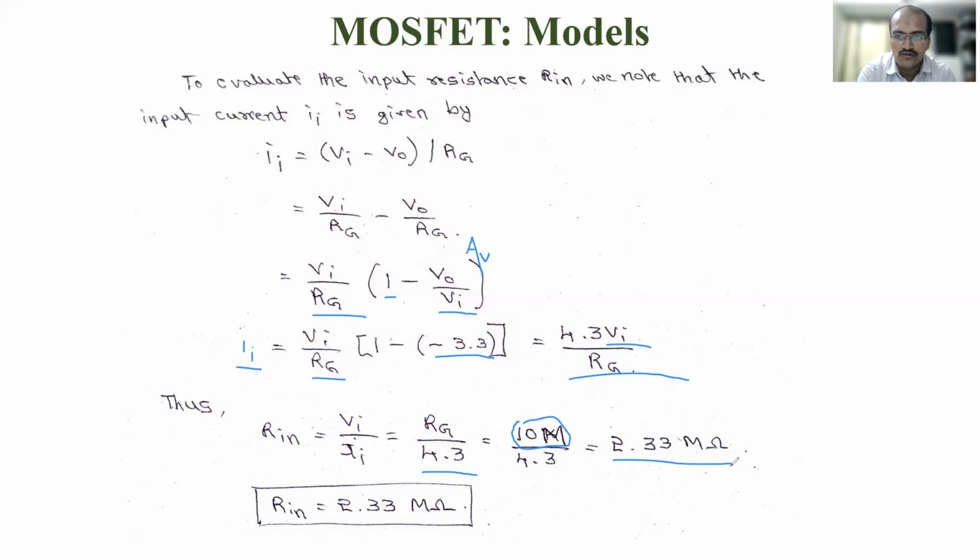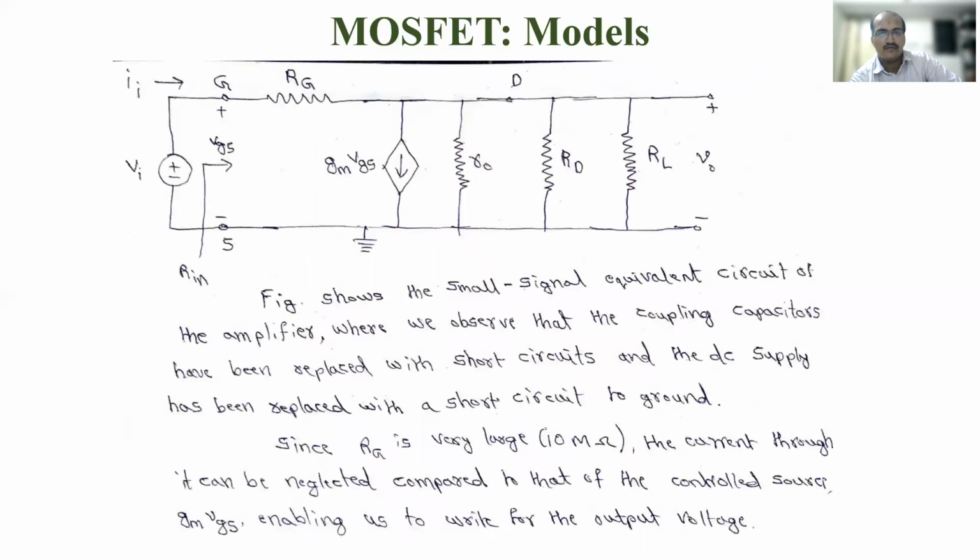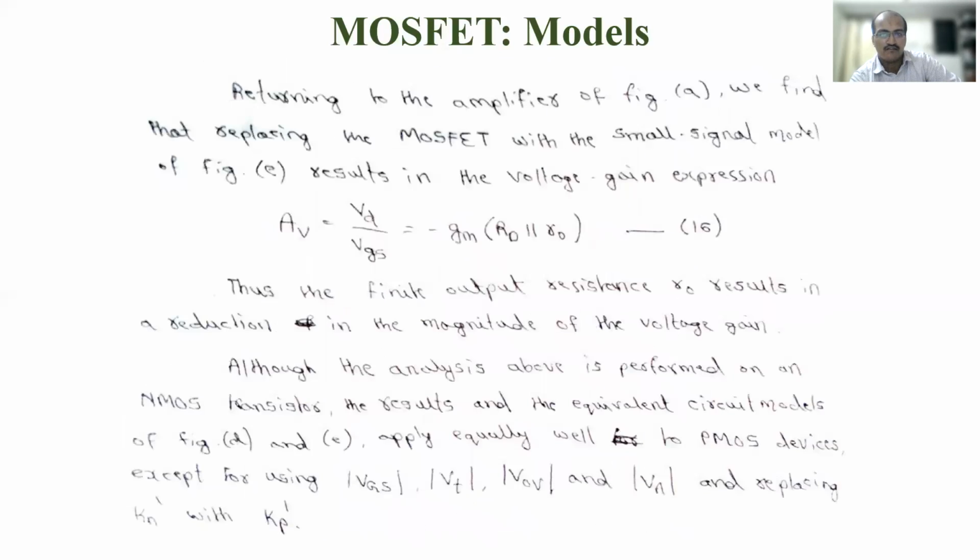Okay, so hope you understood how we calculate the values. So this is the final answer of input resistance. So you got the two values. Now we need to find the maximum allowable voltage swing. So for that, we need to use the diagram. Yesterday, previously, I did it. Okay, just I will show you.